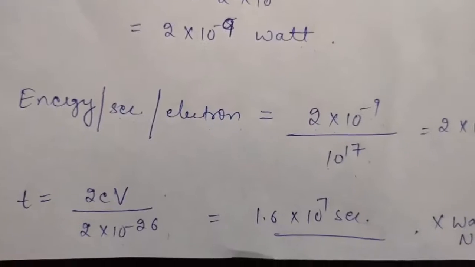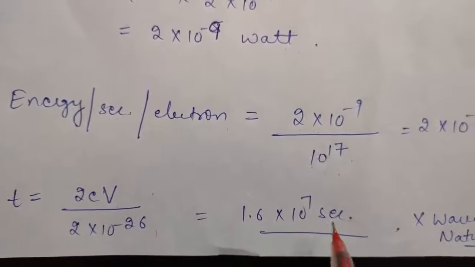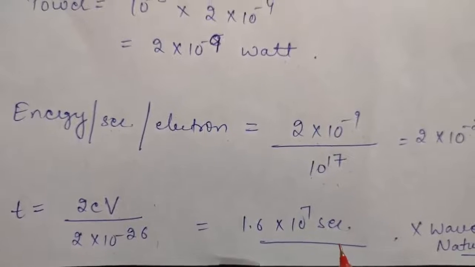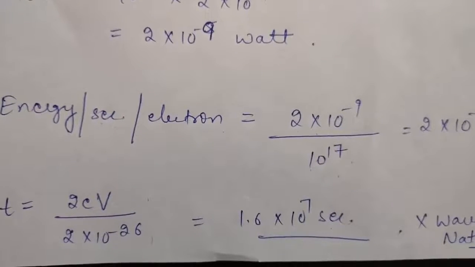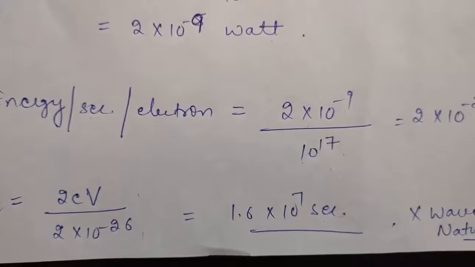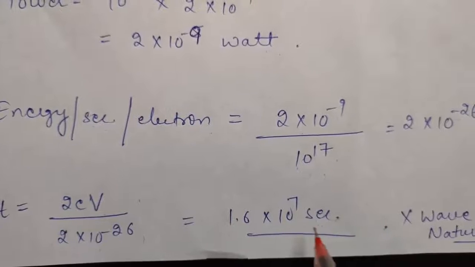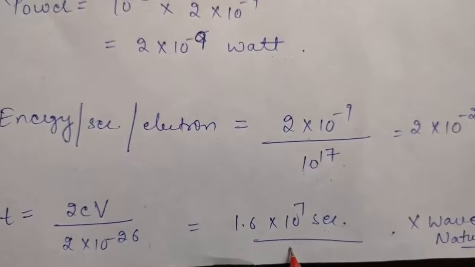So this means that there is a very large time gap in the emission of photoelectrons. But according to the wave picture, there was no time gap between the incidence of photons and the emission of photoelectrons. So in this case, the wave picture or wave theory cannot be applied here. Okay.